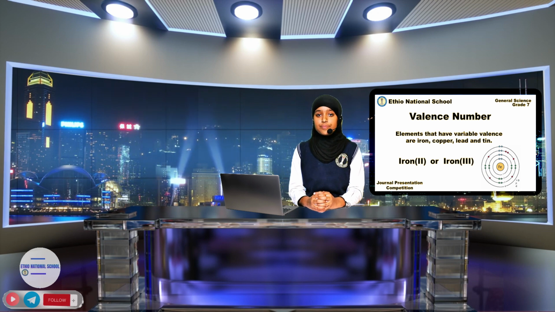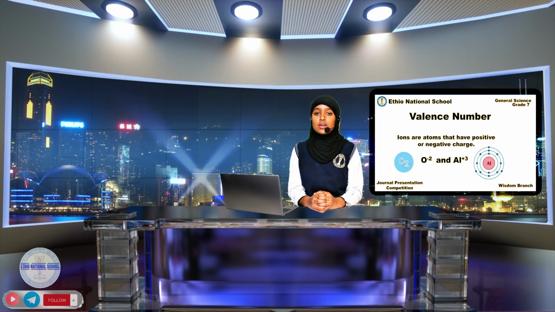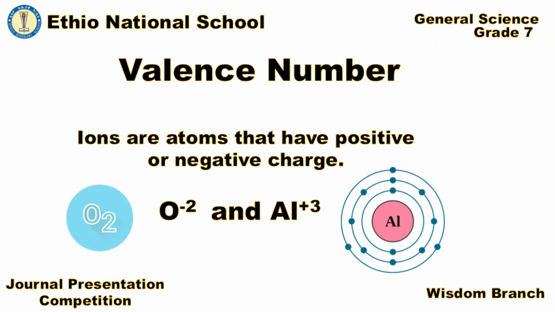And ions. Ions form when an atom or a group of atoms lose or gain electrons. For example, oxygen is -2 and aluminum is plus. Simple and polyatomic ions. Simple ions are like, as I mentioned, oxygen and aluminum, while polyatomic ions are OH or